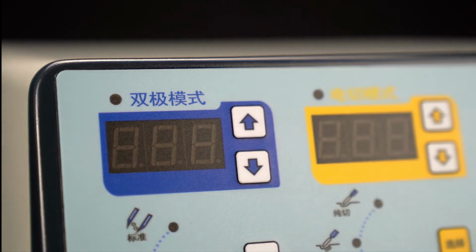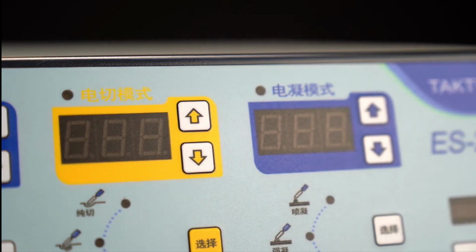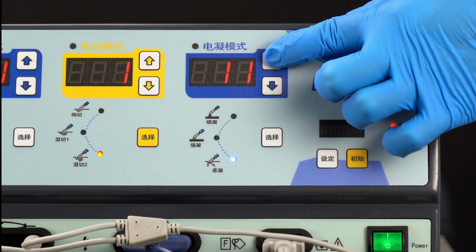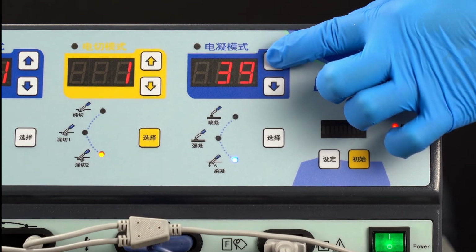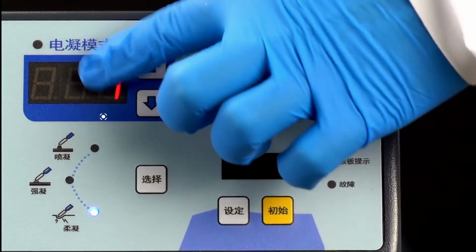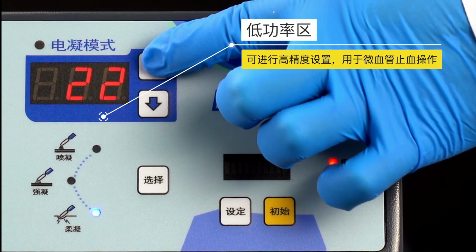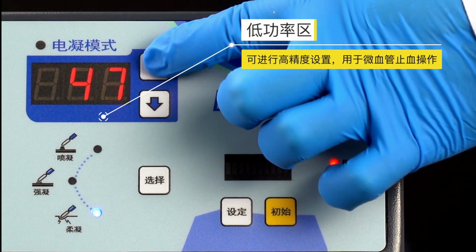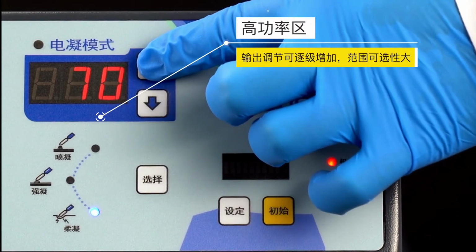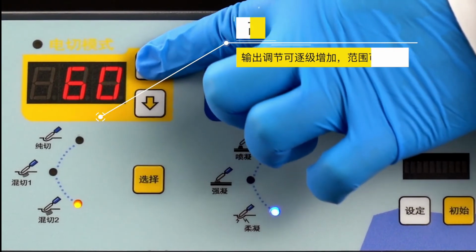Taktvoll ES-200PK adopts a digital display. All of the above modes can be used to quickly adjust the functions and parameters through the buttons, accurately display the power, and achieve the desired surgical effect. At low power, the key conditions have high precision settings, which can be used for microvascular hemostasis operations. At high power, the output adjustment can be increased step by step, with a large range of options and a wider